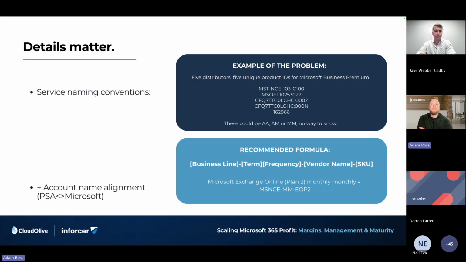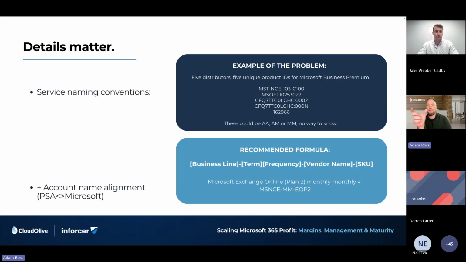So our recommendation is don't use the codes, because they're very hard to follow. If a new staff member comes on, they ain't going to have a clue what's going on. Keep it really, really simple for humans to read, for your teammates to read within your business. So much so that if you're confident that you could put that SKU or that product ID or service name on the invoice and your customer will understand it, you're probably in the right place. That's probably the level of detail you want to think about.